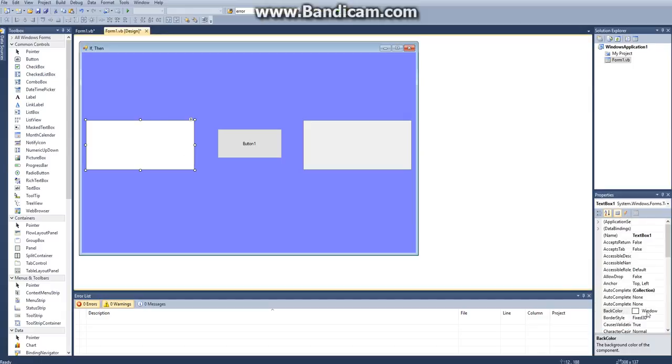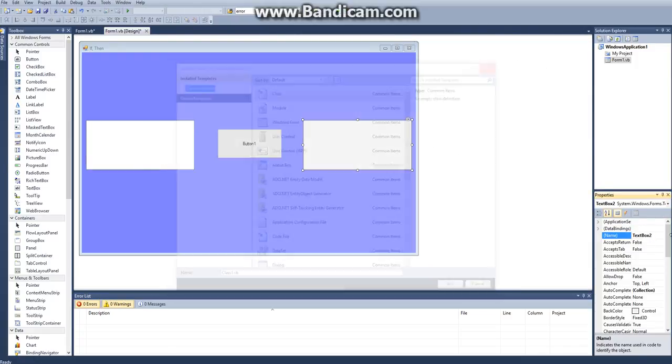Alright, next we're going to name this text box. So an abbreviation for text box is TXT, and keep in mind that this does not affect the code at all. This is just for your sake, or if you're reading someone's code, or someone else is reading your code, they like to be able to see what you're talking about. So the abbreviation for text box is TXT, and then we'll call this TXT input, and we'll call this one,